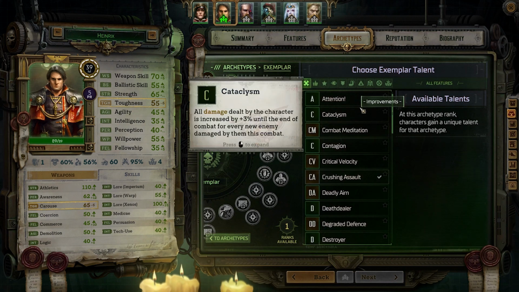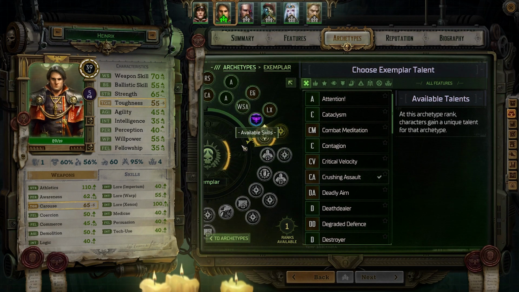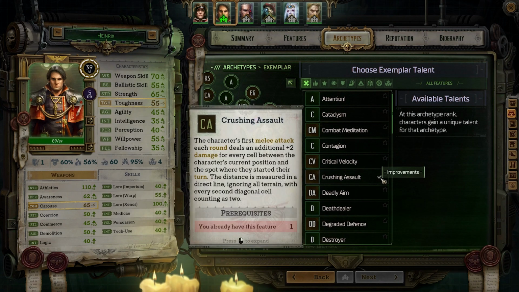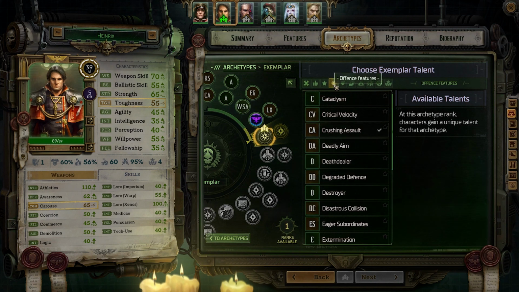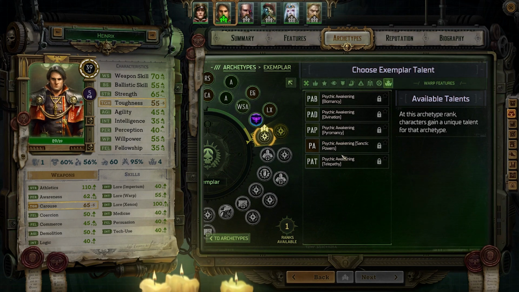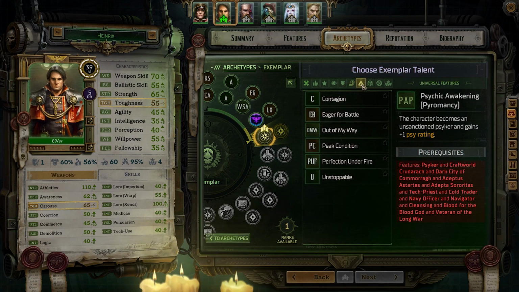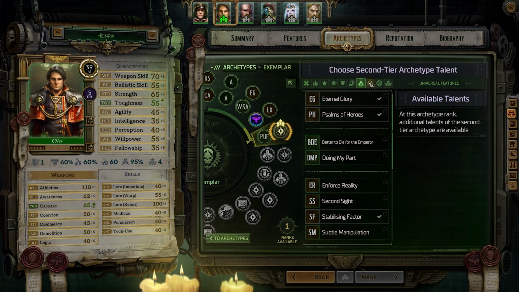Now, unfortunately, I don't think I put favorites in for all these guys, which I probably should have, because I've already forgotten what I want to get for them. What did I get the first time around? For exemplar, was it this crushing assault? Oh yeah, it's right here, crushing assault. Okay. Are there psychic stuff? Yeah. Oh, this is just to get. So, no. This is the one that gives +5 for everything, right? Yeah, I'll get that for you. And then,